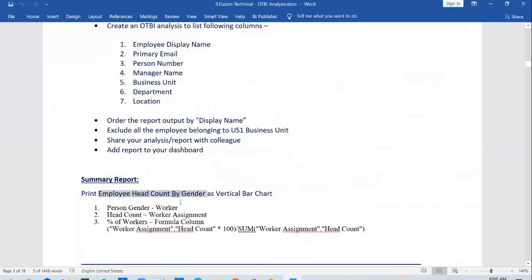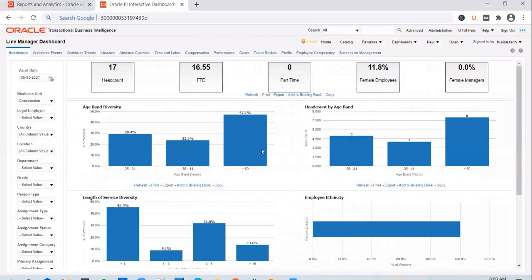And when do you normally build summary reports? Whenever the client wants to include them as part of the dashboard. You normally don't include detailed reports, but summary reports you build and include in the dashboard pages like this. Each one of them is an individual OTBI report created by Oracle. Let's create one such report, and then we will create a new dashboard after that.